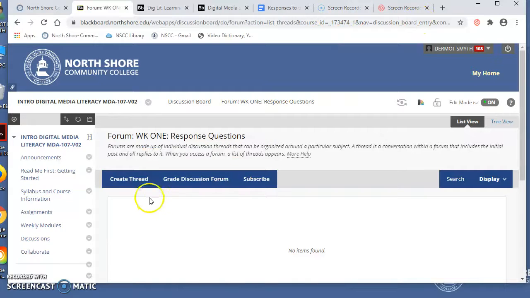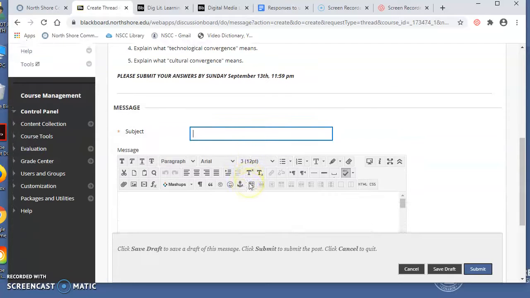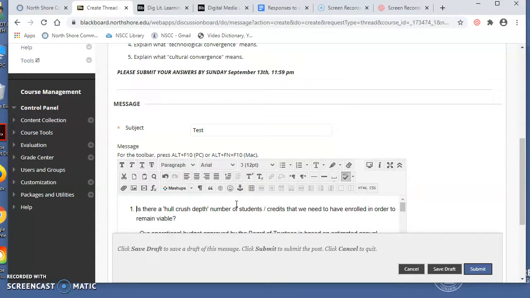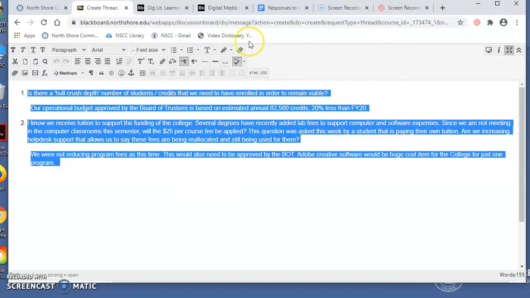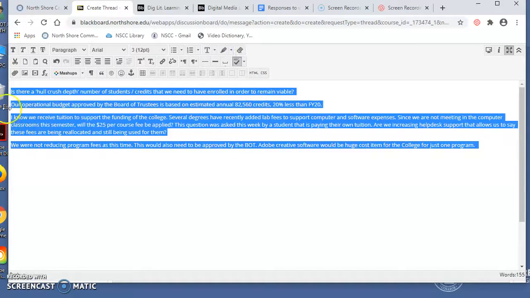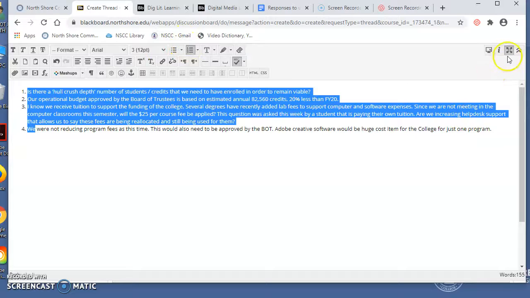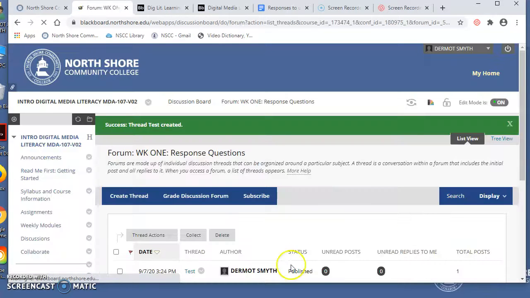So for instance, let me create a thread here. What I'm going to do is test, and now I'm gonna hopefully, yes, okay. So when I do that, I'm gonna just go full screen. What I gotta do is highlight everything and then reformat it. Boom, okay. Now I can go in and renumber it. And now when I show you this and I submit it, it'll be nicely organized.